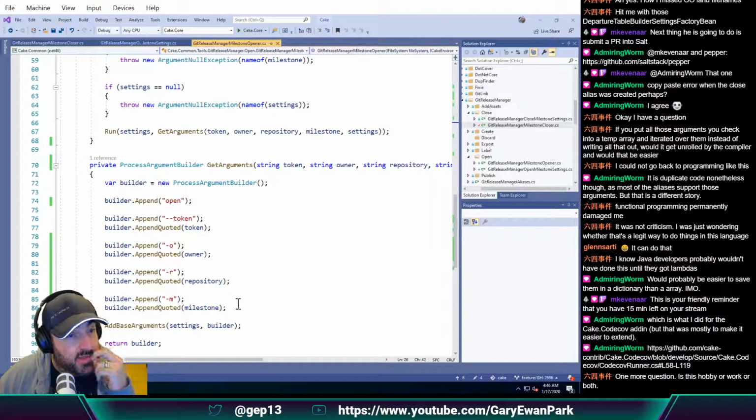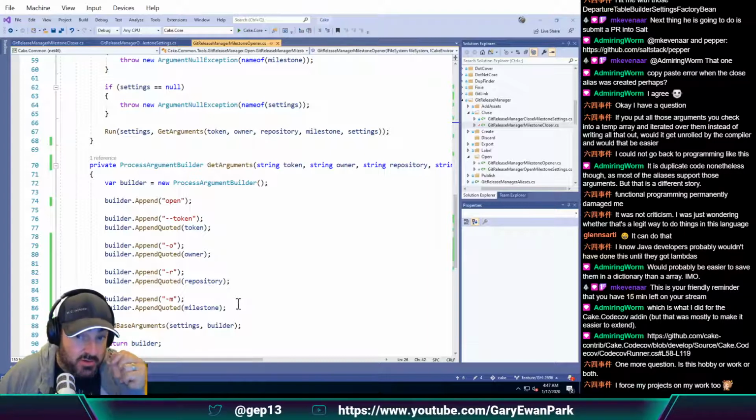So I'm one of the maintainers of the Cake project, and I'm one of the maintainers of the GitReleaseManager project. Both of those are open source projects that we make use of in open source land. But there is an increasing desire to have the usage of Cake and GitReleaseManager for my work. One of the things that we did in this last release was a lot of refactoring of GitReleaseManager to allow it to support source code locations other than GitHub, i.e. GitLab. So there is a desire within work to use this functionality on GitLab repositories and not just GitHub. So very much doing both work and open source stuff,